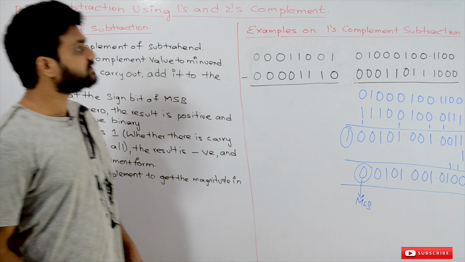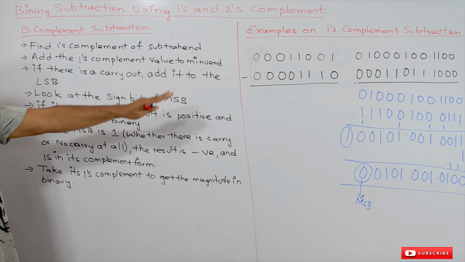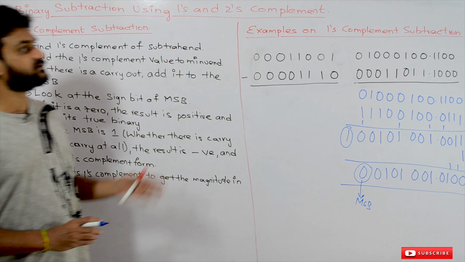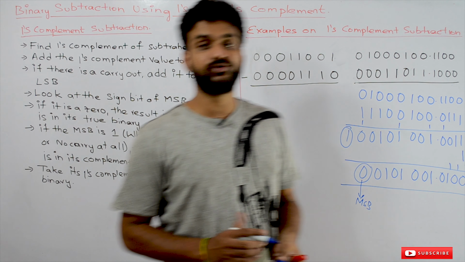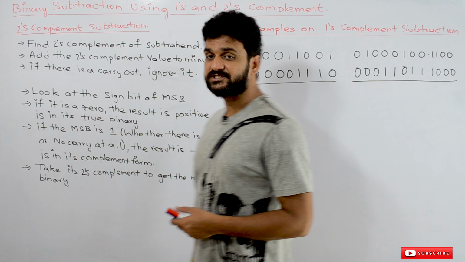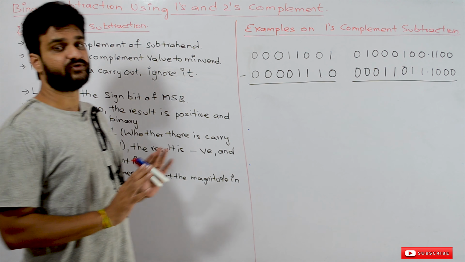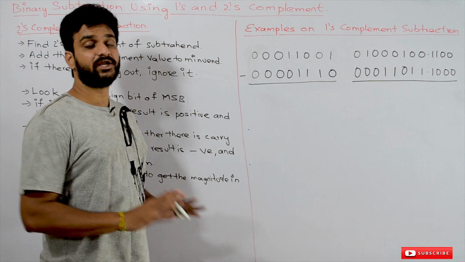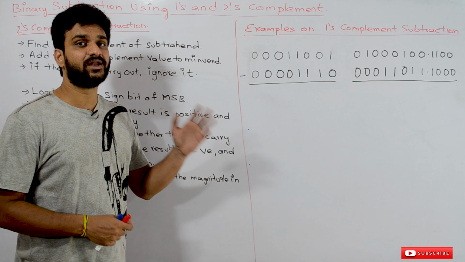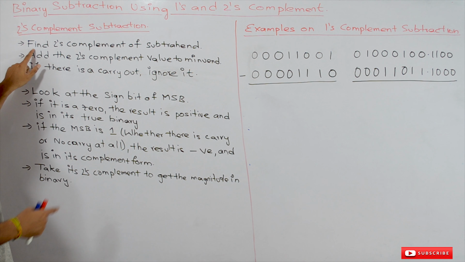Okay, so this is how we will do it. In the next part we will erase all these concepts and write the rules for 2's complement subtraction, and we will know how to do 2's complement subtraction. Here are the steps to find the 2's complement subtraction. The steps are very much similar to one's complement subtraction. The only difference is if you get a carry, we are going to ignore it, and the remaining is all the same. So let's read out the steps. We will go faster.